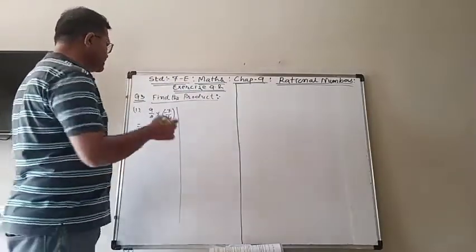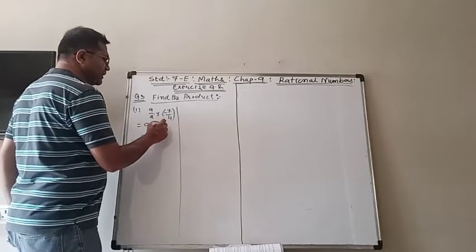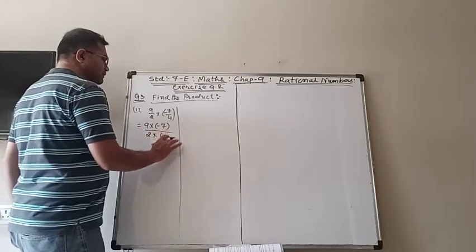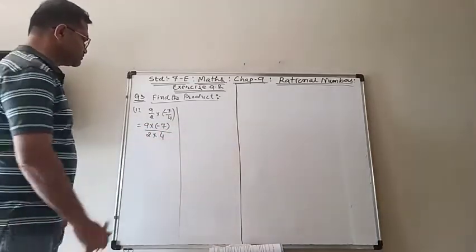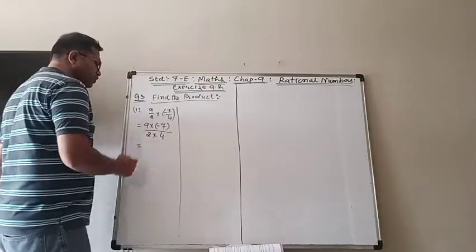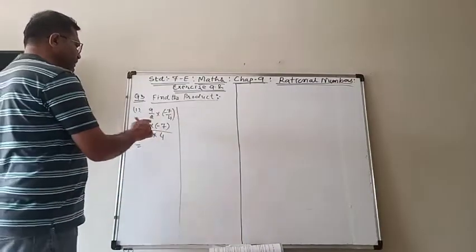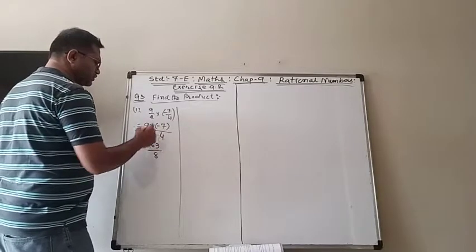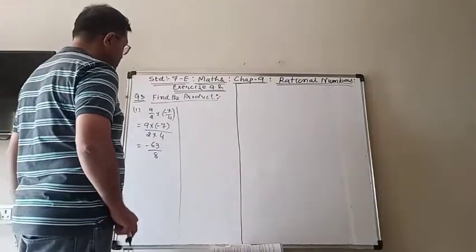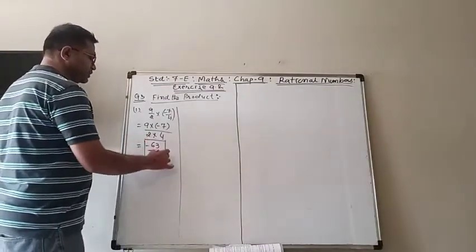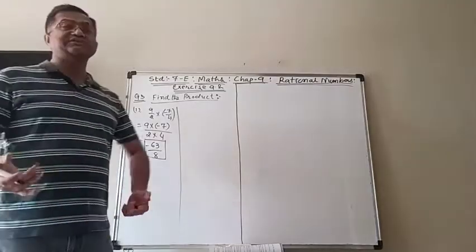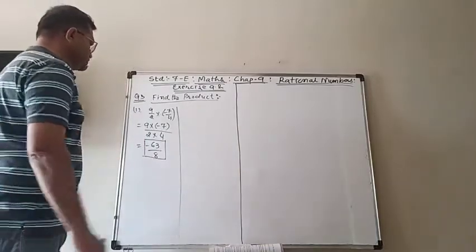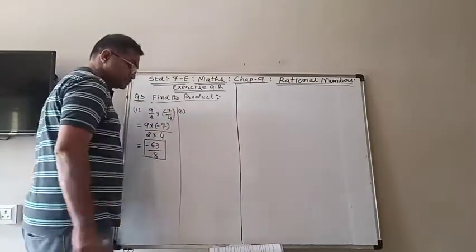Here very simple, the numerators are multiplied in the numerators, denominators are multiplied in the denominators, and if there is no common factor, just multiply: 9 sevens are minus 63 upon 4 twos are 8. So that will be your final answer. Maybe the answer is given in mixed number also, but if you write down this one also, it's fine.